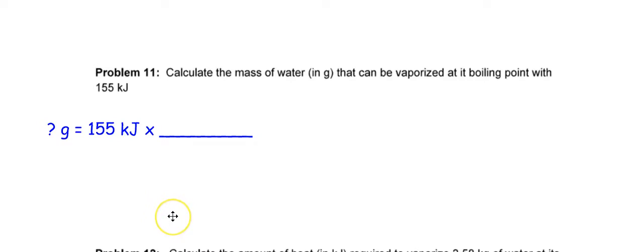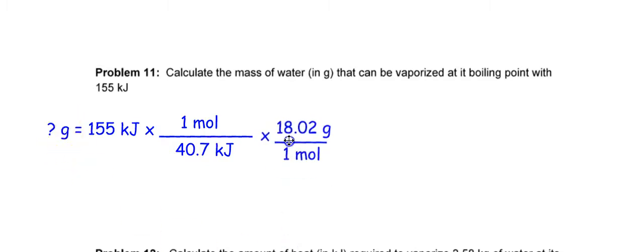So I have 155 kilojoules of energy. What goes on the bottom? Kilojoules, very good. Why don't you flip over to the prior page, and how many kilojoules of energy does it take to vaporize 1 mole of gas, or excuse me, of water? Well, what did you find? Is it 40.7 kilojoules can vaporize 1 mole of water? Well, that's not what's being asked for. I want grams.